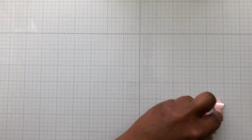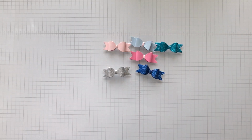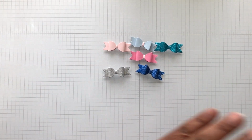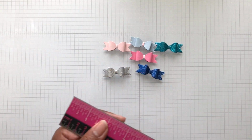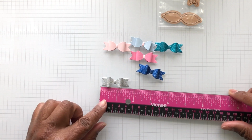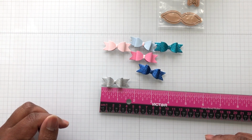Let me start off first with the bow. And isn't the bow cute? So cute. Comes together easily. Let me give you a measurement on the bow. Right there. She measures,